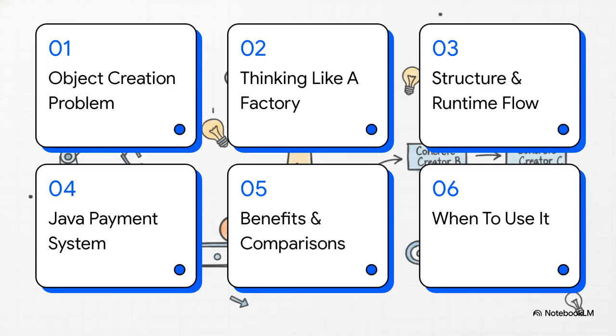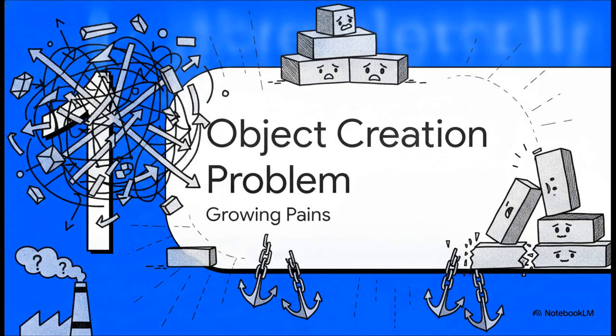All right, real quick, here's our roadmap for today. We'll start with the object creation problem, move on to thinking like a factory, break down the structure and runtime flow, check out a Java payment system, weigh benefits and comparisons, and finally, talk about exactly when to use it. Let's get into it. Starting off with Section 1, the object creation problem, or as I like to call it,